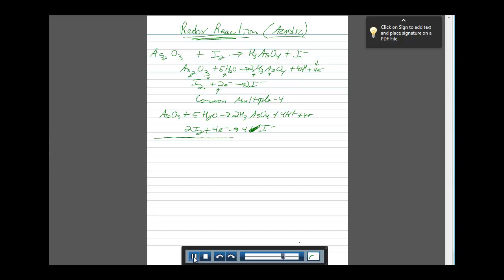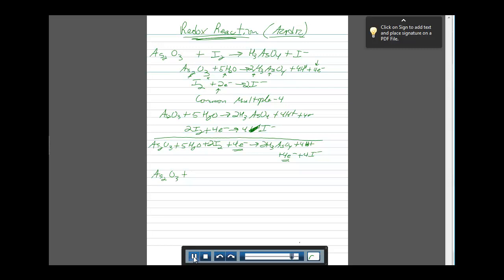We're then going to combine them. Reactants with reactants, products with products. And so in this case, we have As2O3, 5 H2Os, plus 2 I2s, 4 electrons, to yield 2 H3AsO4s, 4 H pluses, 4 electrons, and 4 I1 minus. You can see that the electrons are on both sides. Excuse me, we're going to cancel those, leaving us with an overall of